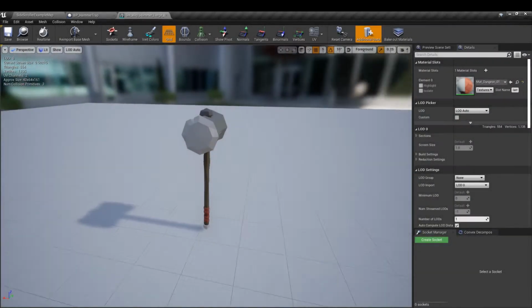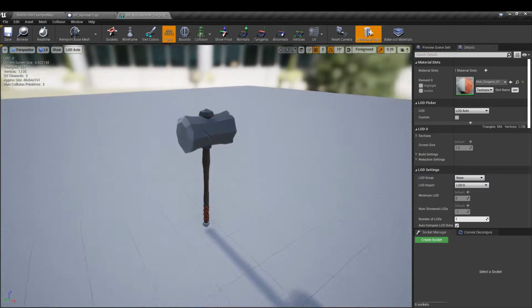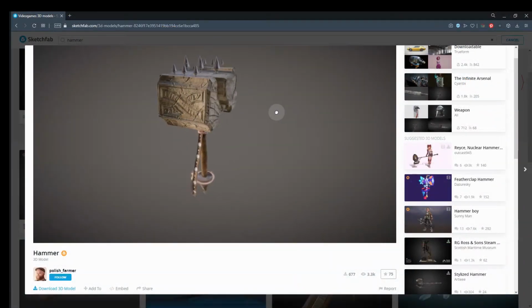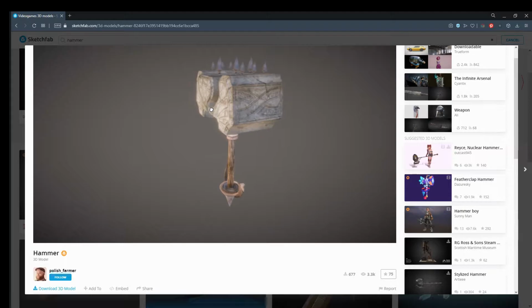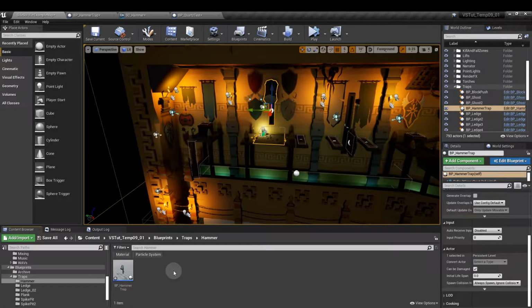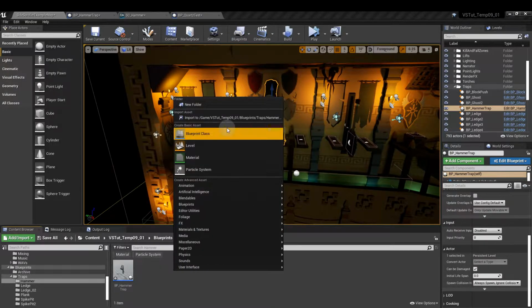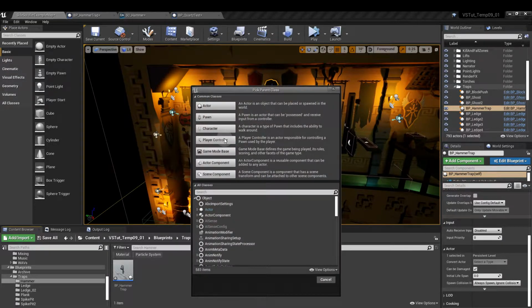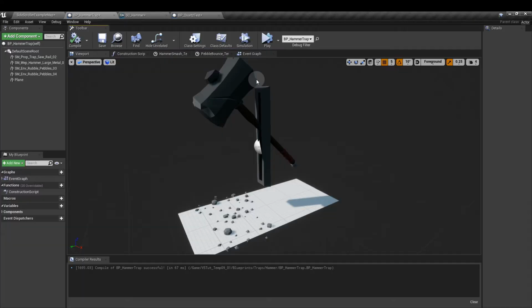To start with, we need a hammer asset. If you don't have one, you could use this, or you could lash together a couple of shapes to make a placeholder. We're going to create a new actor blueprint by right-clicking in the content browser, Blueprint Class, and then Actor, and drag your hammer asset into that. And if we have a look at this in simulation mode,